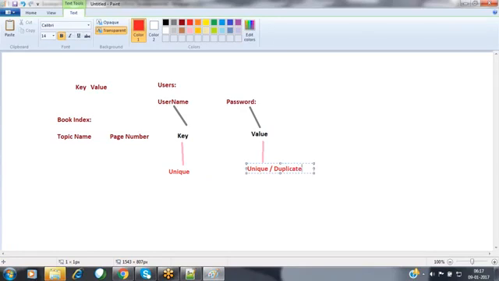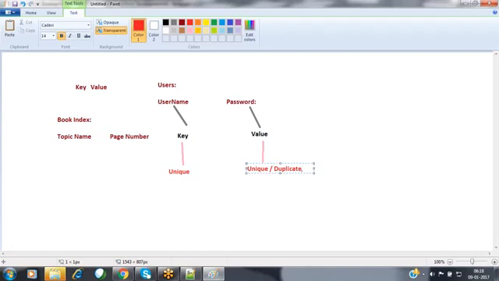So whenever you have elements inside a map collection, map is a key value pair collection holding a collection of elements where every element has a key as well as a value. Whenever you are storing elements inside the map collection, for every element we have to maintain a unique key, nothing but a different key. But the value may be the same, the value may be duplicate, whatever you want, depending upon your need. It won't bother about that. But the key should always be unique.